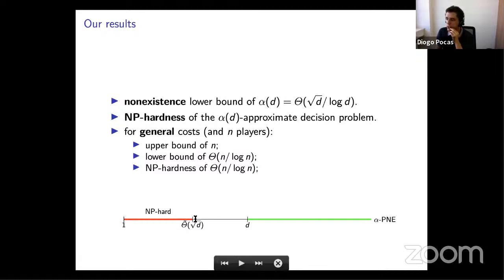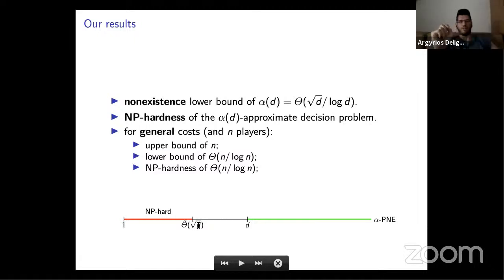And to answer your question, to be honest, I don't believe that D will be the tight answer. If you look at the proof that gives this D-approximate, you see that it's not exactly D. It's of the order of D, but something smaller than D. If it was exactly D, then maybe this would be evidence that mathematics is elegant and this is the right answer. But it's not exactly D. So I would probably suspect it should be more like the square root of D, although I don't really have evidence there.